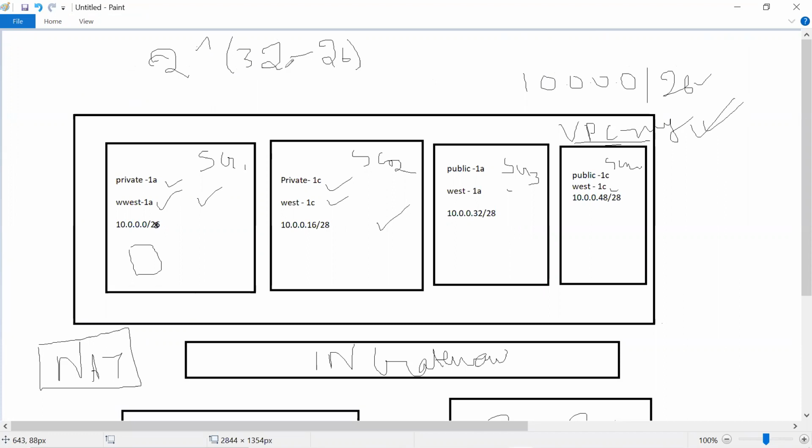So what is it? 32 minus 26, it's 2 to the power of... Can anyone unmute and let me know? 6. And what is 2 to the power of 6? 64. So we'll be able to get nearly